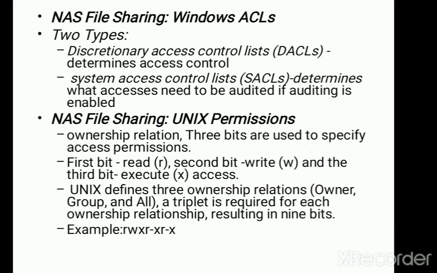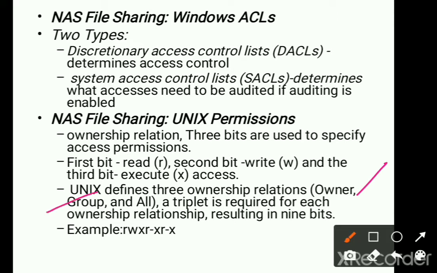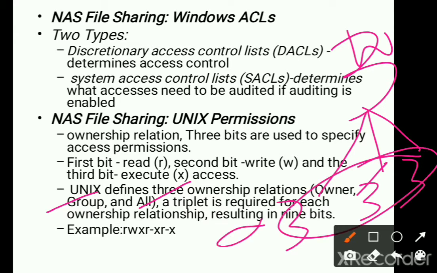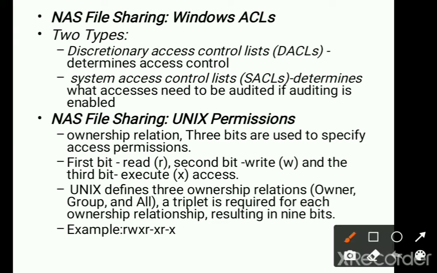As I have already said, there is the group, which is a combination of the owner. It can be directly a person, or an owner, or all three. So if I take three members, and each of them is given 3 bits for access, in total it goes to 9 bits. So 9 bits are used to represent the permission. The first 3 bits go for the owner, the next 3 bits go for the group, and the last 3 bits go for all.